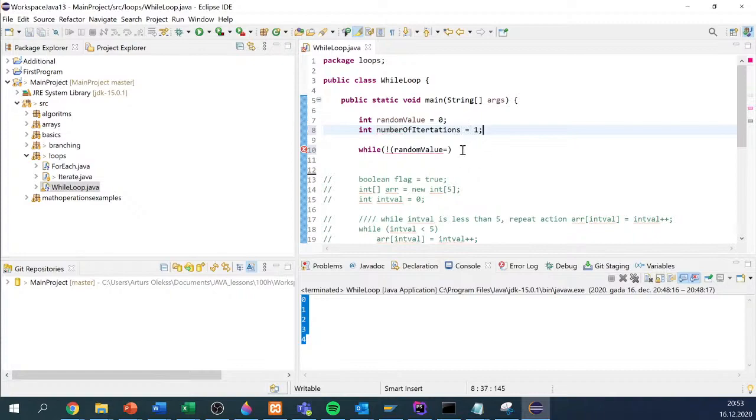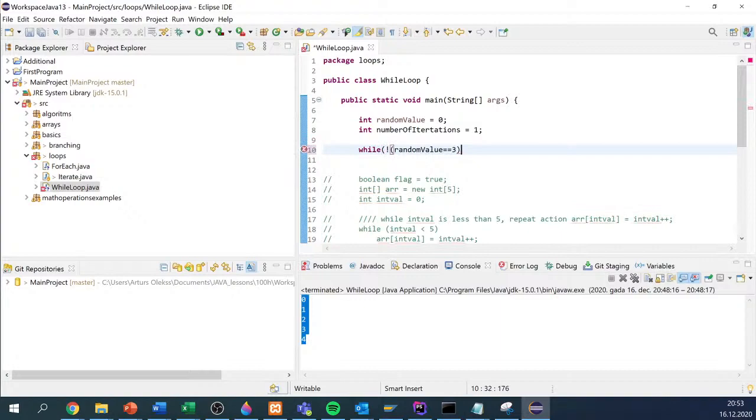I'll start with 1. Basically, I will use a while loop, and inside the while loop I'll generate a random value, let it be from 1 to 5, and I will repeat this randomization until I get the number 5 or the number 3. So if random value does not equal 3, then